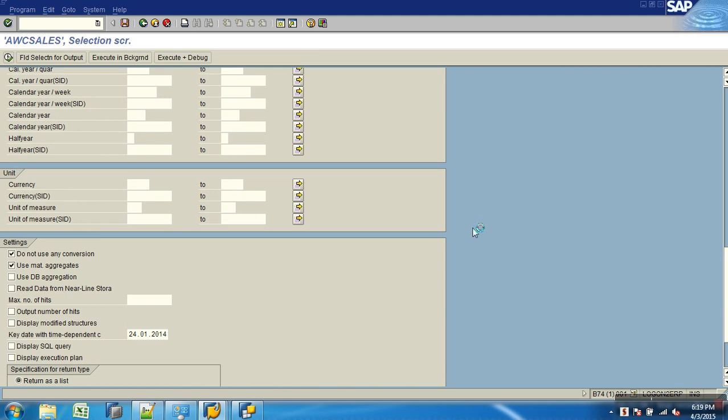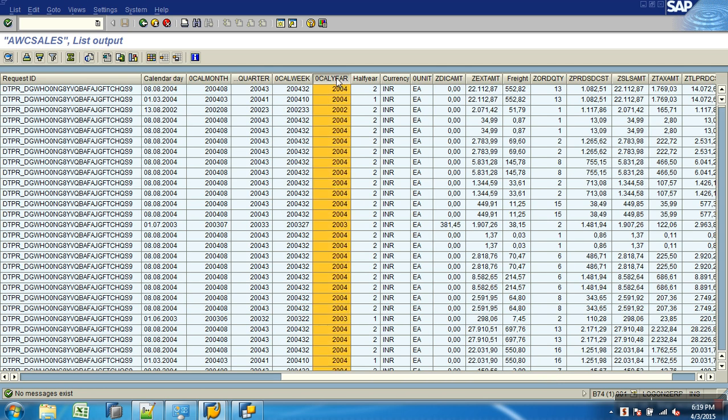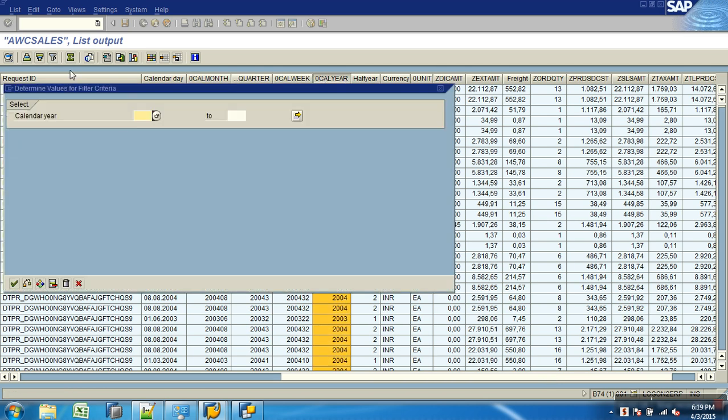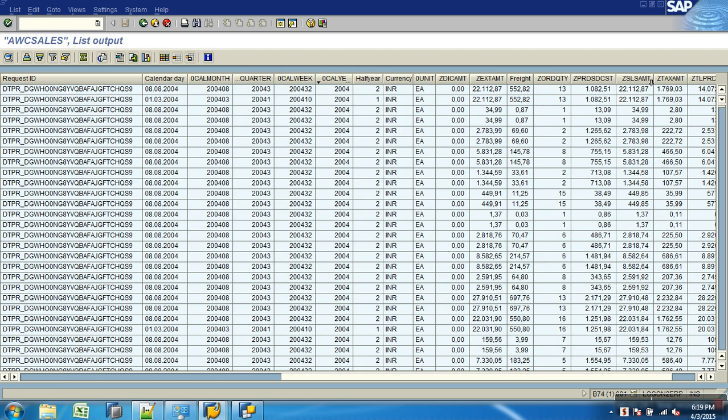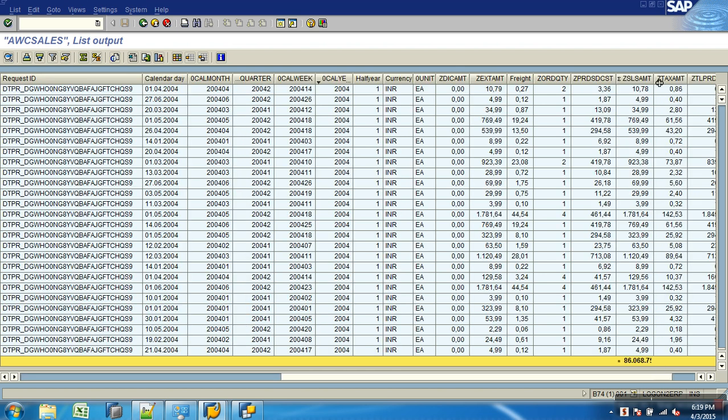So let's filter for one year, say 2004. You get a lot of records. Now aggregate the sales amount and go to the right.